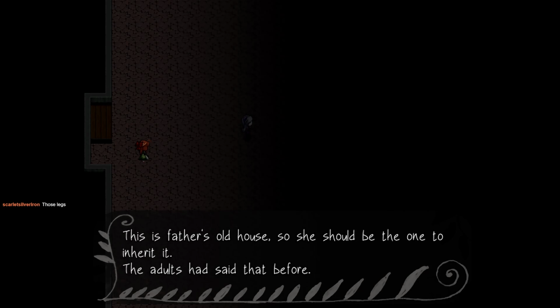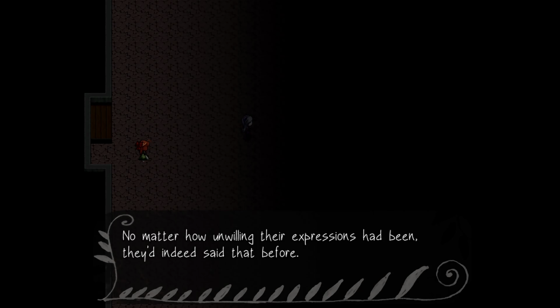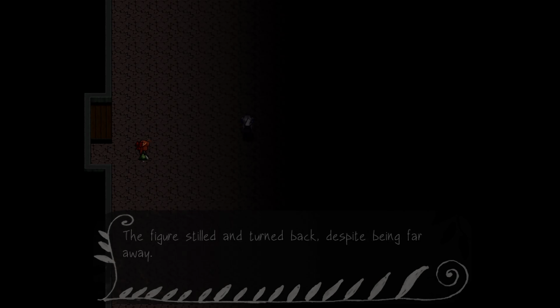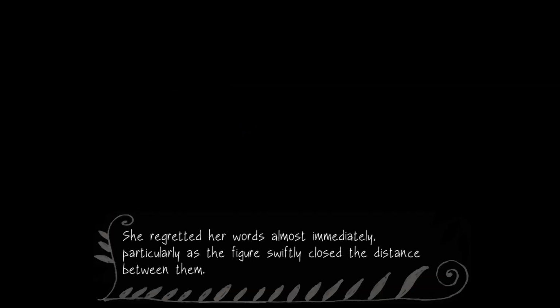This is Father's old house, so she should be the one to inherit it. The adults had said it before. No matter how unwilling their expression had been, they'd indeed said it before. Therefore, she wasn't going to let herself be swept out the door, no matter what. The figure stilled and turned back, despite being far away. Oh? She regretted